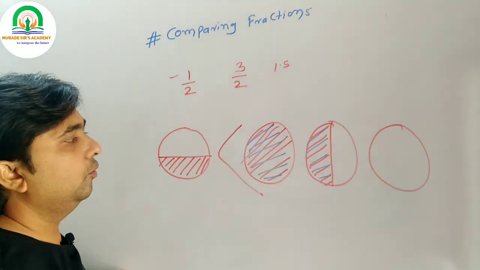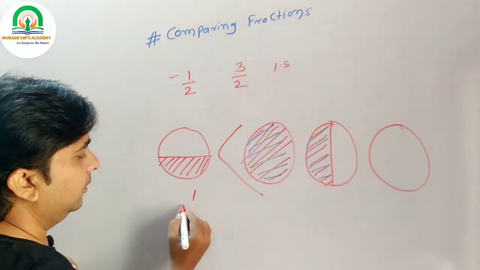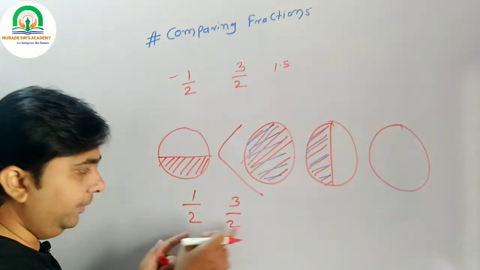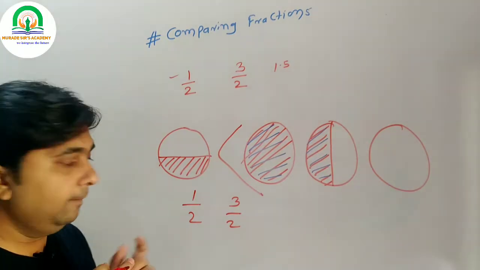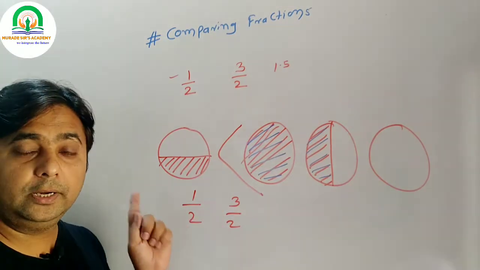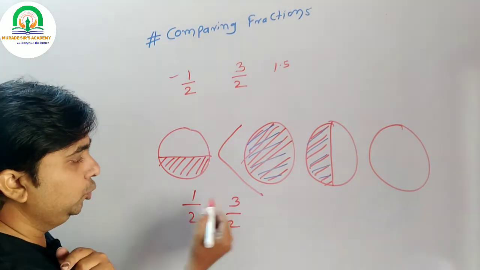From this we conclude that for 1/2 and 3/2, if the denominators are the same, compare only the numerators. If the denominators are the same, compare the numerators,